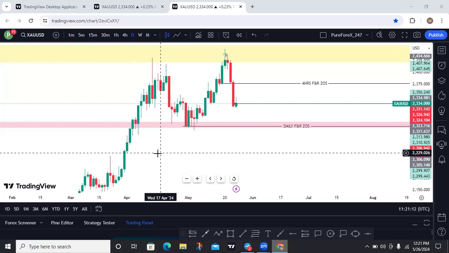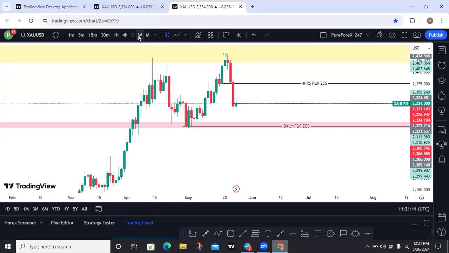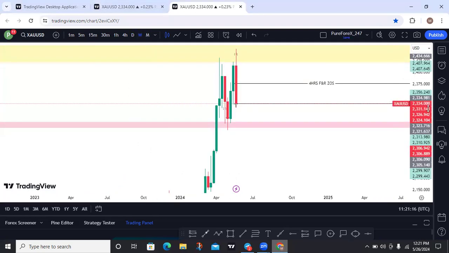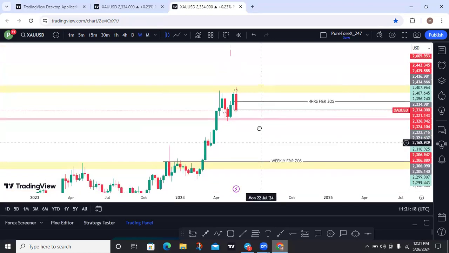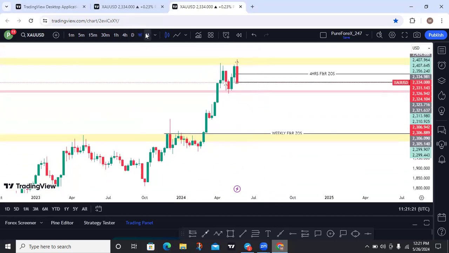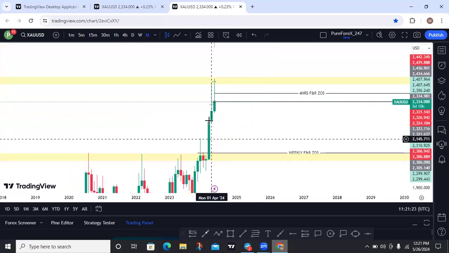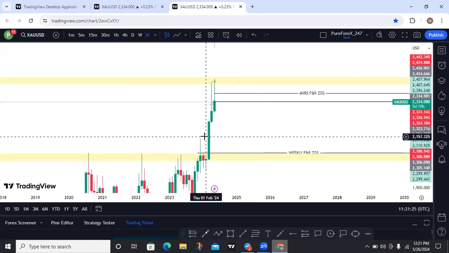When we go to the higher time frame, let's look at the weekly time frame. You see that gold has been moving impulsively. Let's go to the monthly time frame. You see, when gold is in a higher momentum, it hardly creates a setup. So with this experience, I now introduce zone of sensitivity. So with the application of zone of sensitivity, I slightly trade gold differently from other pairs.